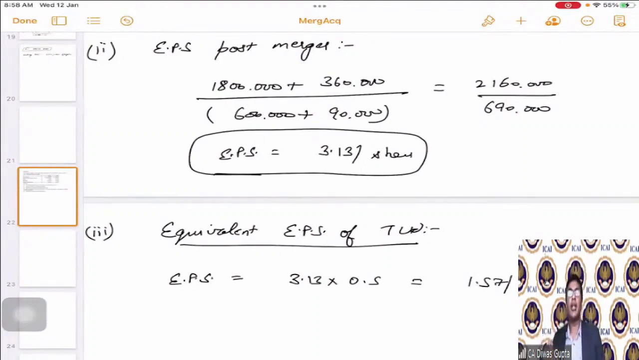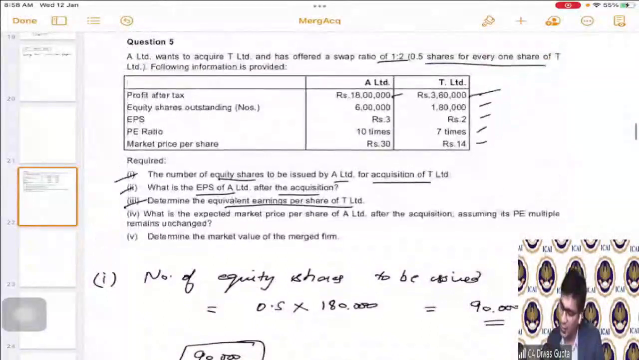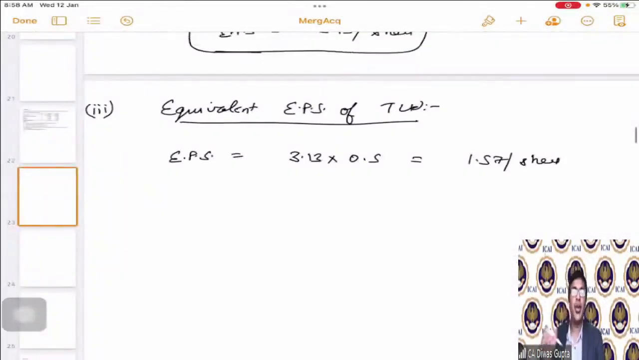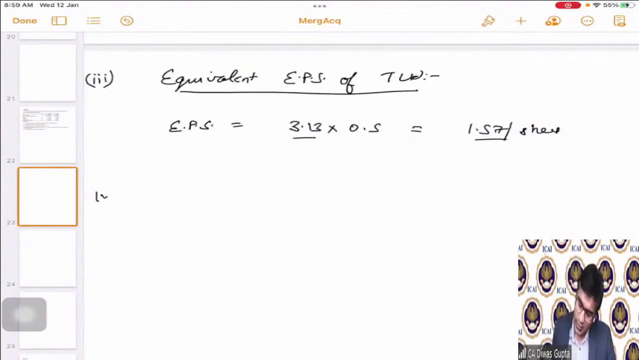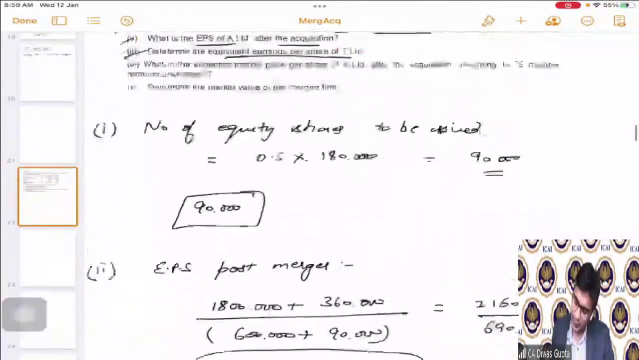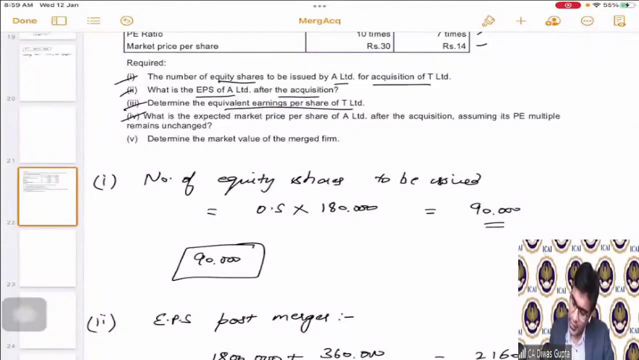So what is one share of, what is the acquiring company name? What is one share of A Limited able to earn, which is 3.13. Similarly, one share of T Limited would be able to earn 1.57 because the ratio between both of them is 0.5 is to 1. Simple. So that is called the equivalent EPS of T Limited. Then next part,